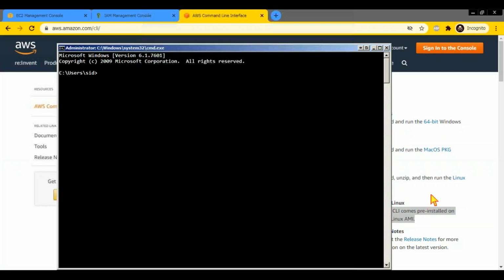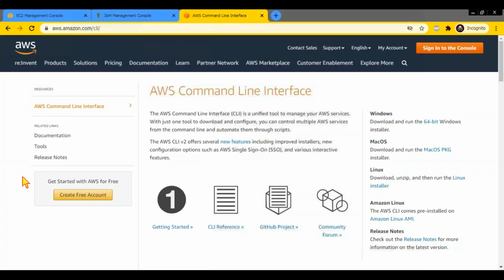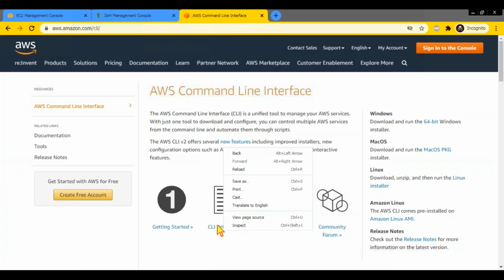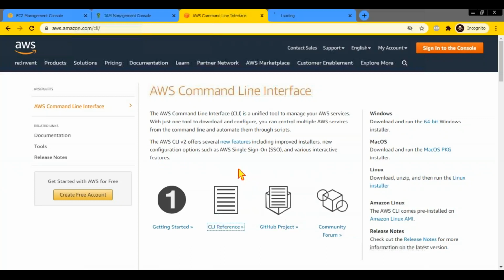If you are using Linux, you open the terminal and run your commands. If you are using Windows, you open PowerShell or command prompt and run them. The commands are the same. There is no special app for this. So once you install the CLI, how do you use the CLI? Here they have given the instructions. We will just open this too and keep it.